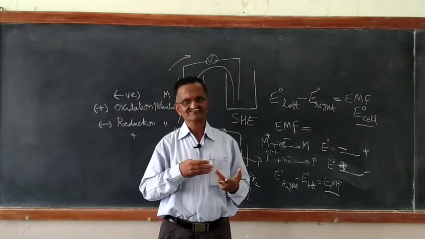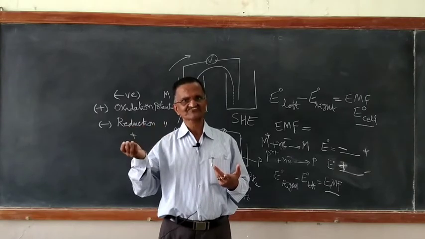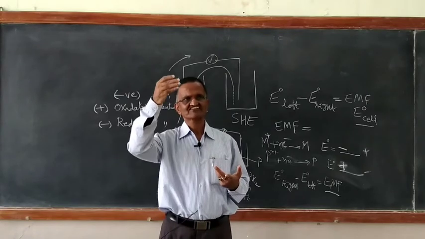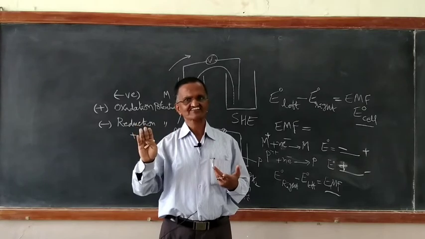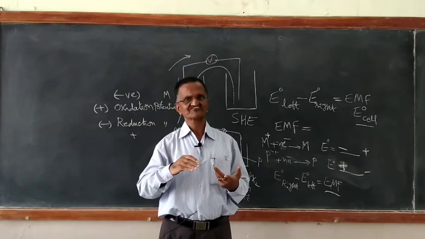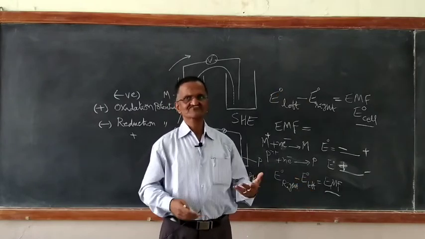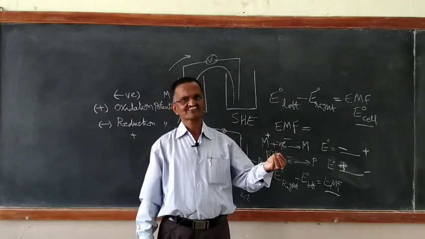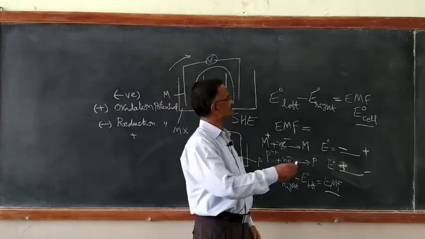Now same thing, I will say my iron is more electropositive. I will not say more active metal. It is more electropositive, or in the ability to undergo reduction. In the ability to undergo reduction, my Fe2+ is not ready to undergo reduction, but Cu2+ ion is ready to undergo reduction. I have a list, and this list we will call electrochemical series. No much difference, but only in electrochemistry, when we are talking about it, we give a different name, electrochemical series.